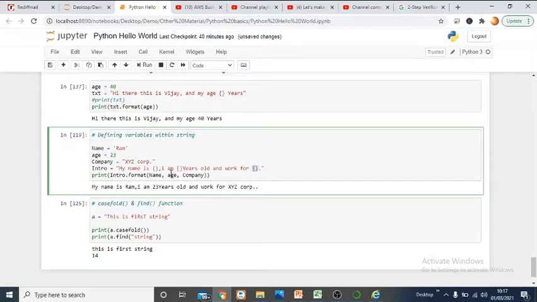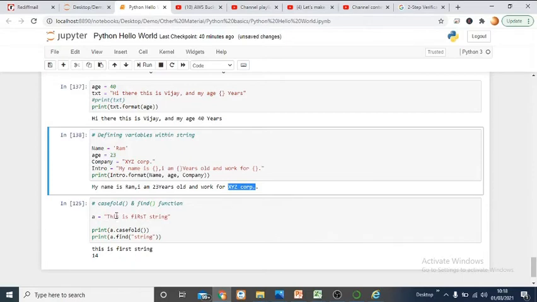If you want to write a string with some variables in it, you can define it in the format function with the sequence of variables. When you run it, it automatically takes my name is Ram, which is a variable, I am 23 is the age, and I work for XYZ Corporation, which is the company name, right? So this is about the format function. It is a very important function and very widely used in the industry for different purposes.